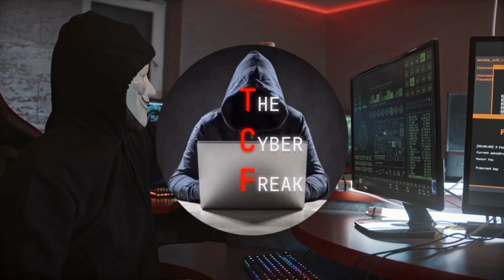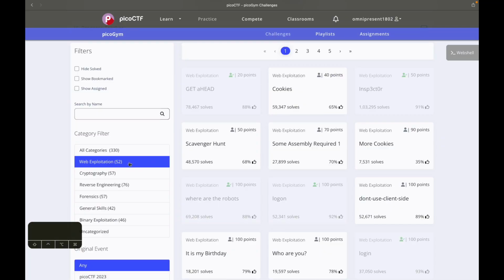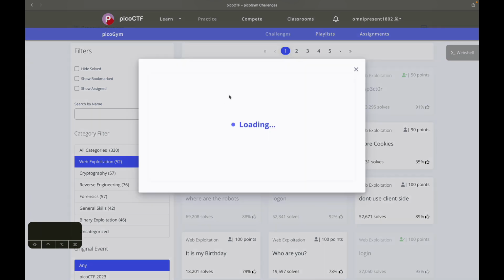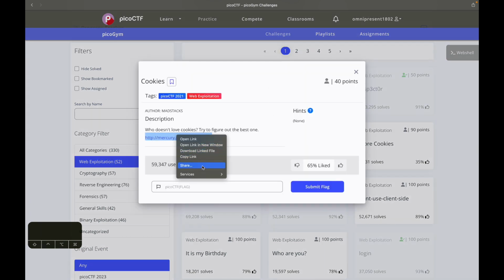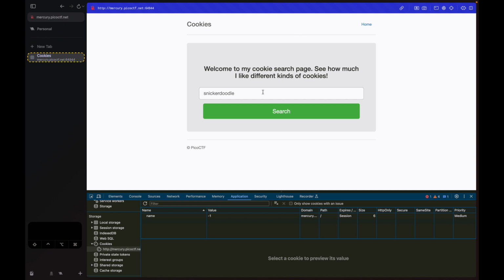We are continuing with our web exploitation series, and today we will cover cookies. So copy the link. Okay, so let's try Snickerdoodle,